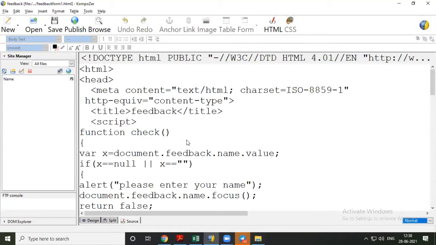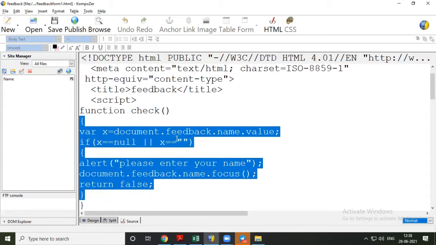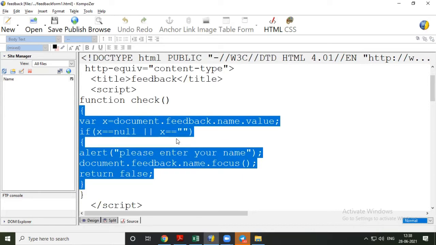So it is recommended to use a single letter word for a function, so that spelling mistake errors can be removed or avoided. Now this is scope of function, from the first curly bracket that opens here after function, and this is closed. Okay, so between this we are defining this function, what this function is going to do here.